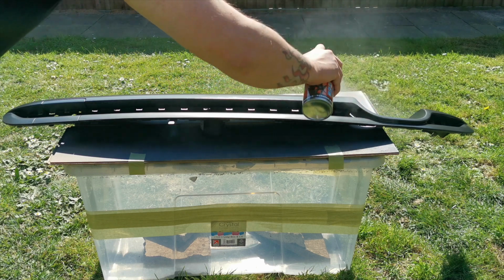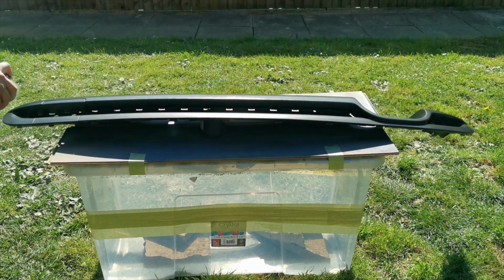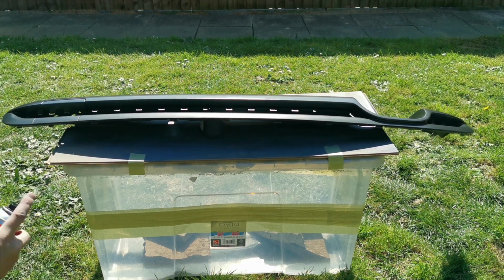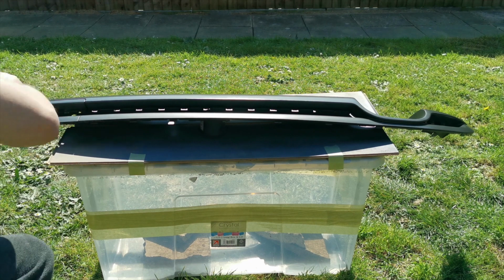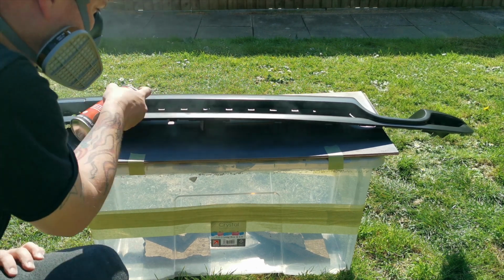If it goes on dry, then the paint will dry with a sort of texture in it, and that's not what you want. If you want a smooth finish, you need to make sure it goes on in good, even coats. You can always take your time. You could do one coat, come back to it after 10-15 minutes, do another coat, and if you want to make sure it's dry,